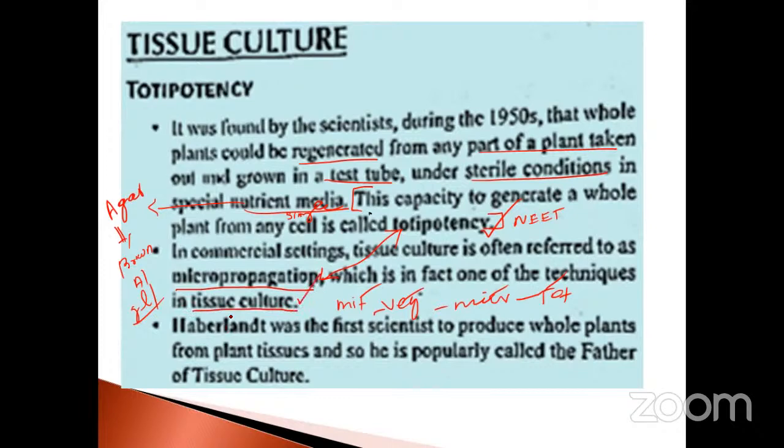What is the meaning of tissue culture? You know all about the meristematic tissue. Each and every plant has meristematic tissues, which undergo the cell division process. Only the meristematic tissue, isn't it, my dear? So a plant having continuous meristematic cell division, that is the totipotency characteristic. Isn't it, my dear? Okay.